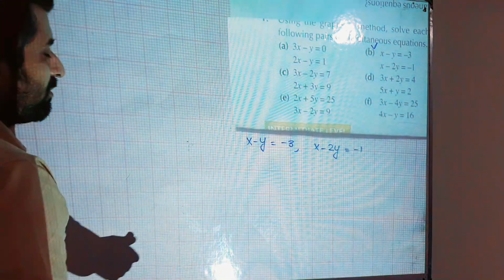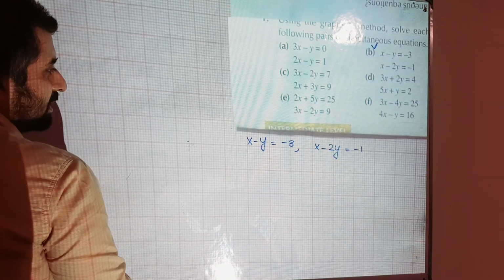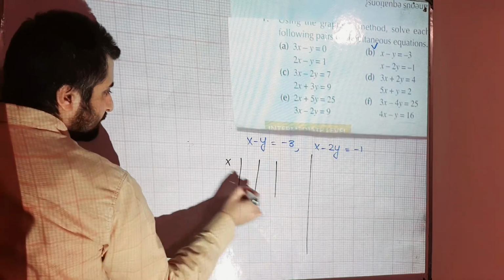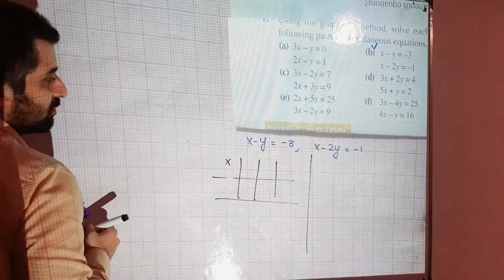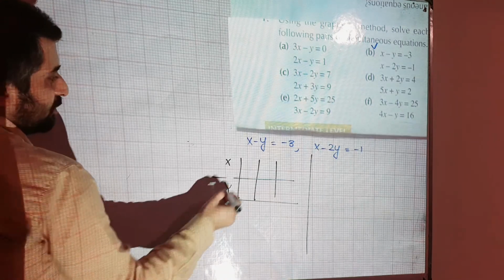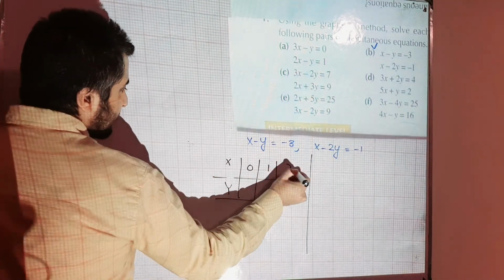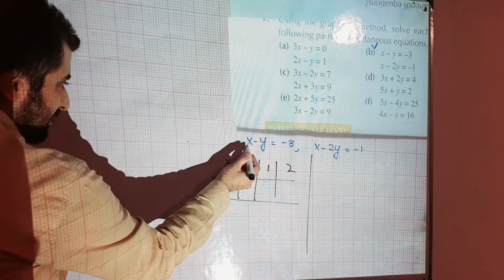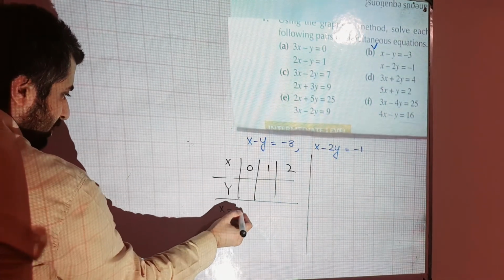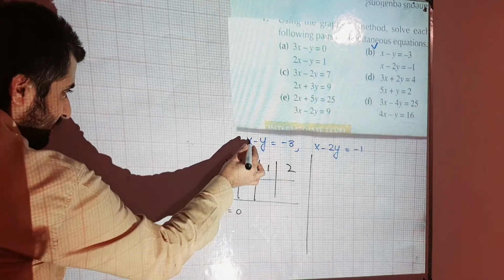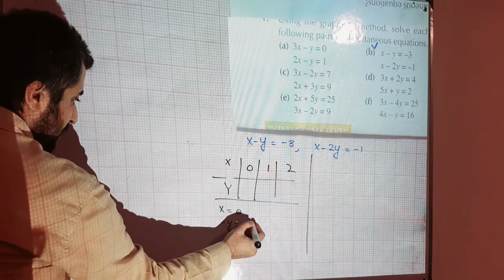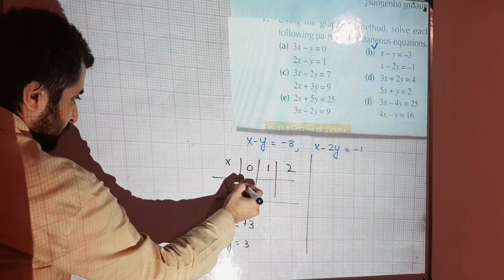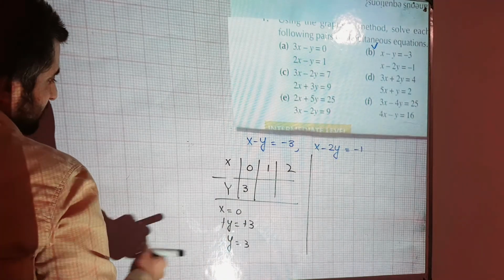Starting from here, you need to draw the graph of both these equations. Now we need to assume some values of x, and for that we need to find the value of y. Suppose x is 0, then 1 and then 2 for this equation. Then we will assume for the next one. When x is 0, you will get minus y equal to minus 3. You will get y equal to 3 as you cancel minus on both the sides.